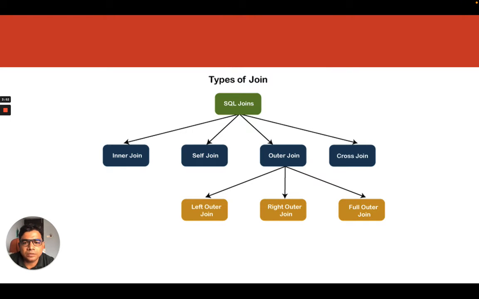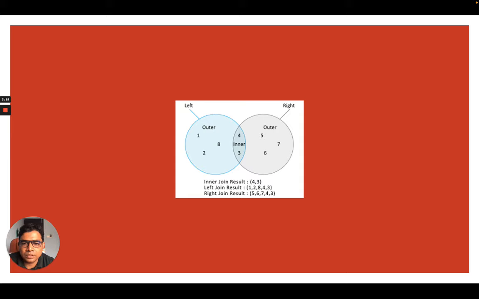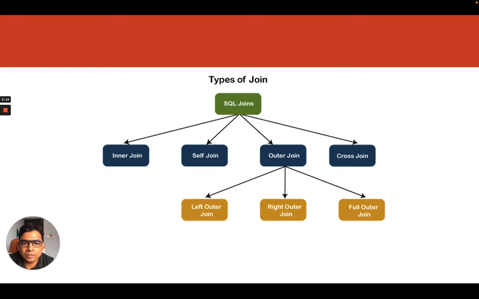So types of join, as I said previously, there are 4 types of join: inner join, self join, outer join, and cross join. Where the outer join consists of left outer join, right outer join, and full outer join. This is also one of the questions that is asked from the DBA profile or from the database background, or if someone is working as a backend programmer in Java, .NET, or PHP. Anyone preparing for that will be asked these kinds of questions. You can pause the video wherever you think you need more explanation from the image we have copied here.